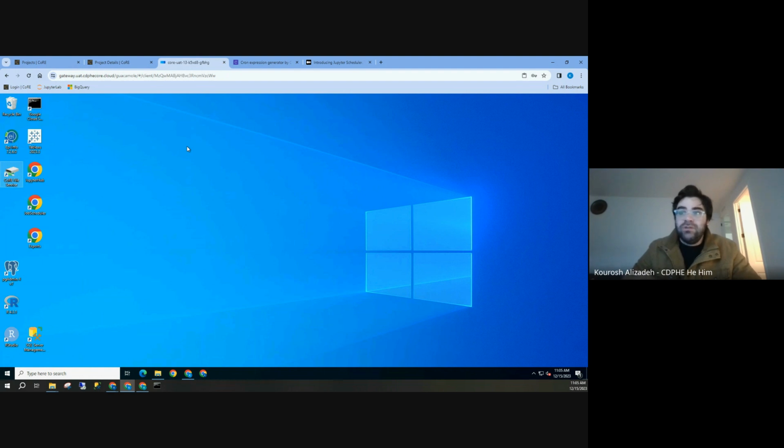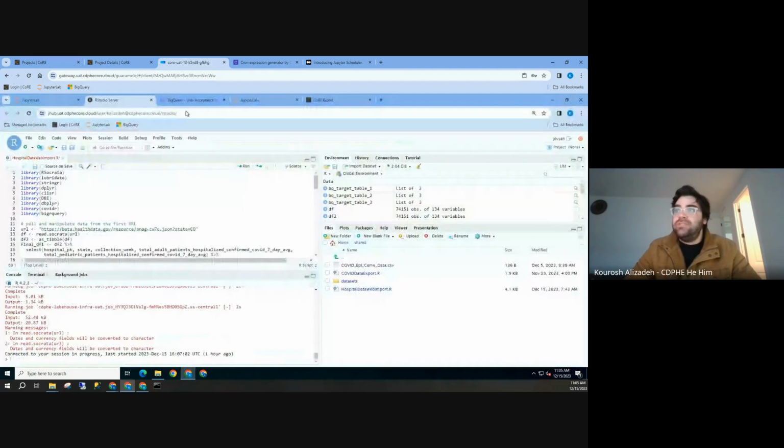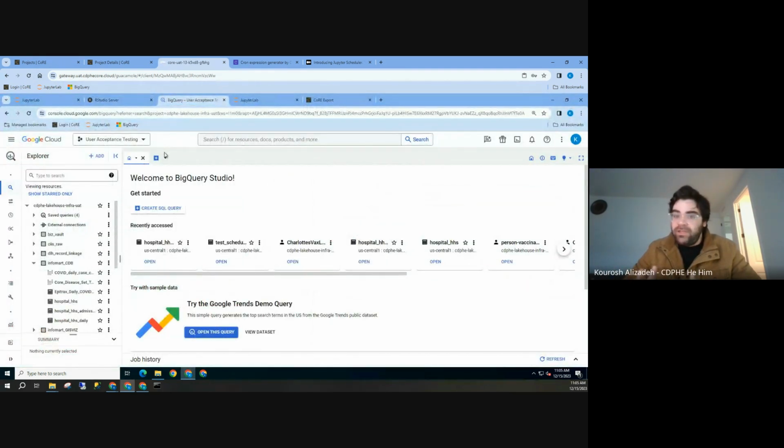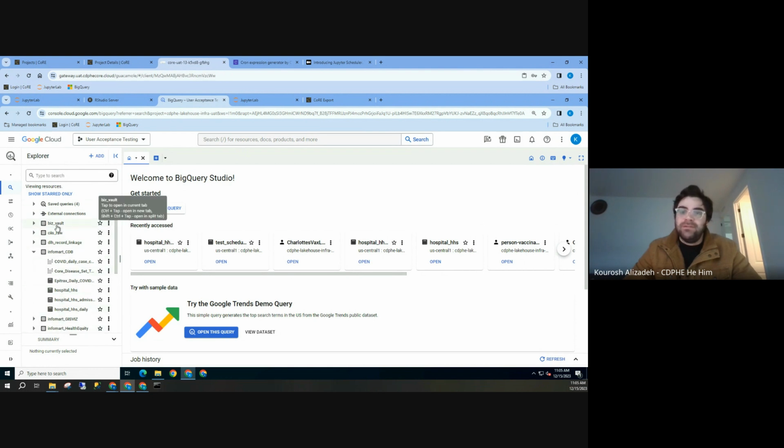Now your virtual machine is sort of your portal to accessing greater functionality. One of those is the actual data that the Lakehouse stores. You'll recall I mentioned that we're bringing a lot of data from different sources into one. The first step there is immunization records and disease surveillance, but really sky's the limit, and there's at least 3 others planned for the next 6 to 9 months. And those are all housed in Google's big data technology. It's called BigQuery, and you can see them over here. If you're familiar with SQL Server, it's very similar. There are databases, called data sets in BigQuery, but there's databases, tables, views, columns, etc.